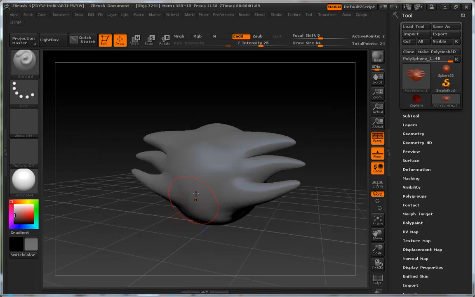Brush standard, and set the draw size to be about 20. Carve out some eyes. I'm not really going to texture it much,